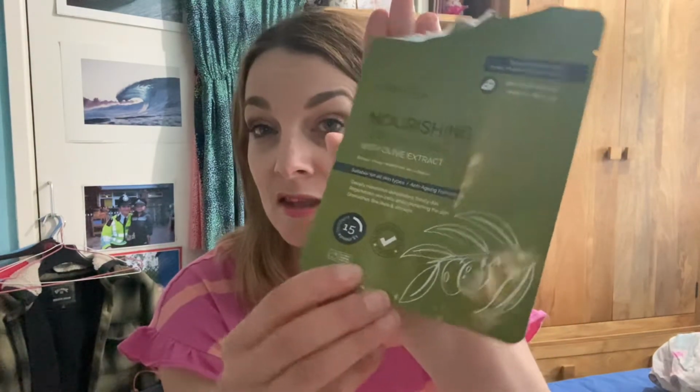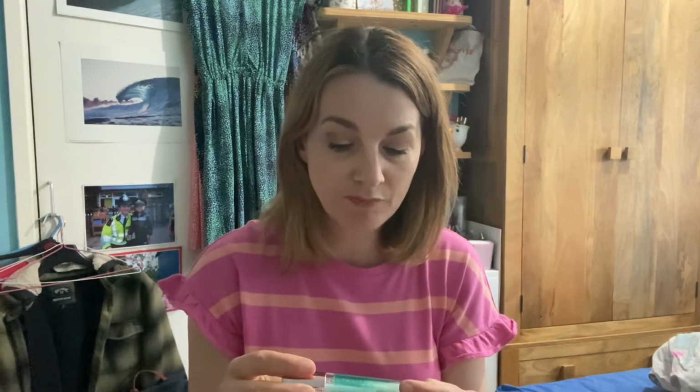Next up, this is from the brand Beauty Pro, and this is the Nourishing Collagen Mask with olive extract. I enjoyed using this. It did a really good job of making my skin feel moisturised and plump. And then the last item that I finished, this is from Revolution, and this is the